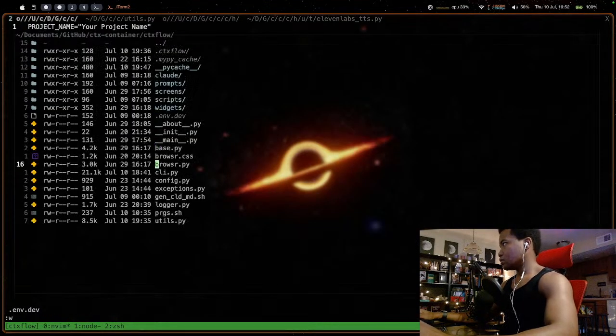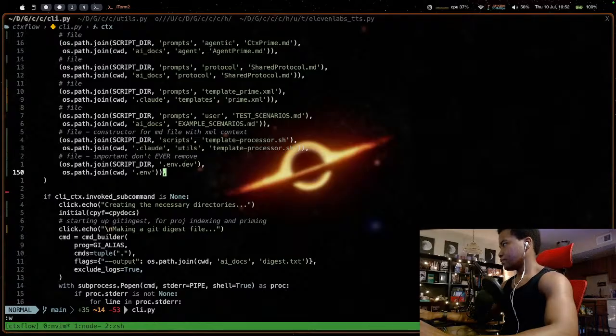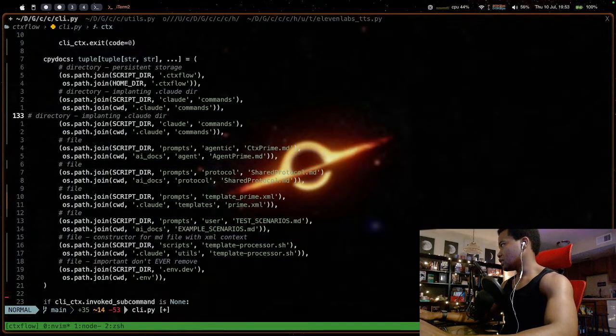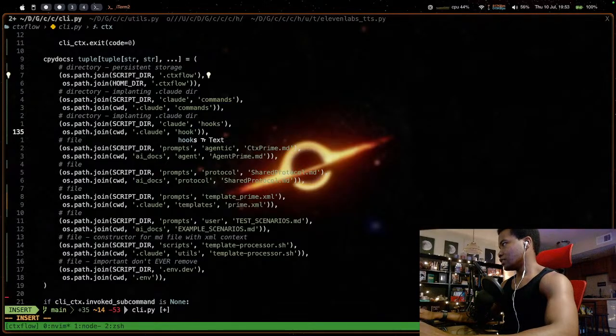All right, back to CLI. Let's add hooks. Yeah, I do need to add hooks just like I did commands, but I like that system because that way I have complete control over exactly what needs to be added or not, and it's no unknowns. So now I know I need to add hooks, so I just add hooks. And all I have to do is just do cloud hooks, whatever I want it to be called. Like in this case, literally just .cloud hooks. So I'm building a directory there.